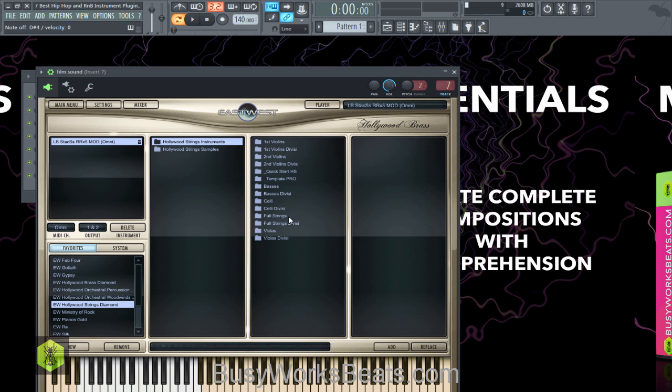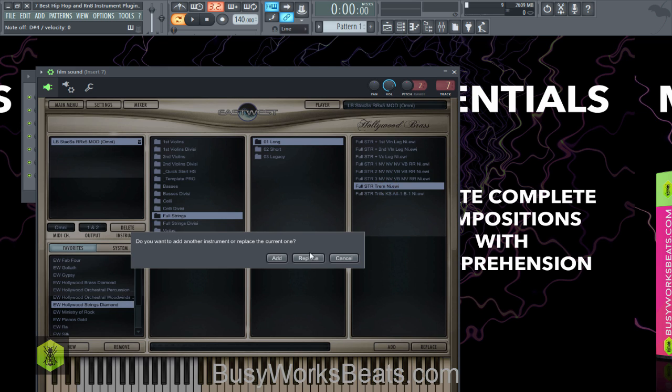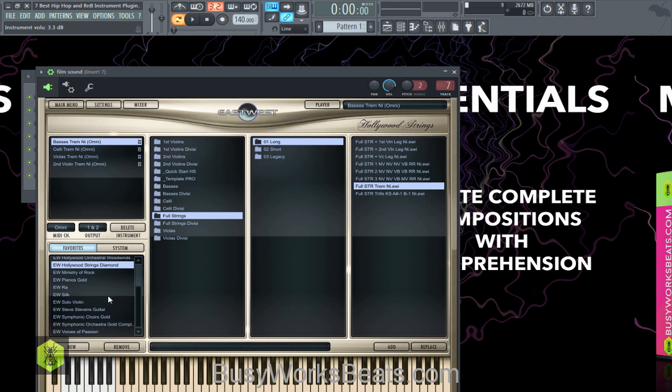But let's go to full strings. And they have a lot of articulations. Let's just go to tremolo for now. And as this loads up, you know, we can look through the different libraries. They give you different culture libraries like East West Silk, which I believe is the Chinese sounds. East West Ra, which is percussion from around the world. You know, East West Pianos. We're talking about some of the best piano sounds. You know, you really got to go through and find what inspires you at soundsonline.com. That's where you can find a lot of the East West stuff.